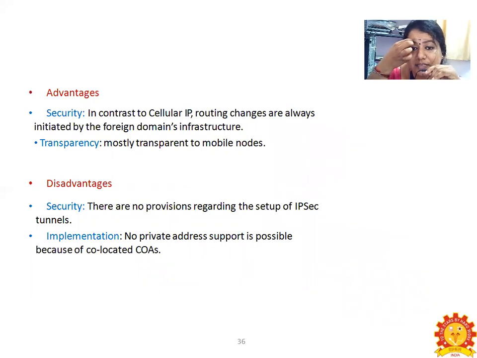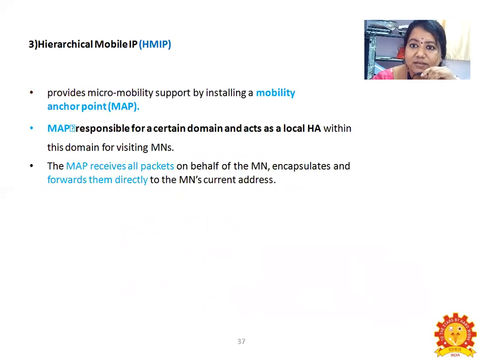Its advantages are security and transparency, whereas the disadvantages are security and the implementation. Next, the hierarchical mobile IP, which is HMIP. It will provide mobility support by installing a mobility anchor point, that is MAP. The mobility anchor point is responsible for certain domains and it acts as a local HA within this domain for the visiting MNs. Here the MAP will receive all the packets on behalf of the mobile node and it will also encapsulate and forward them directly to the mobile node's